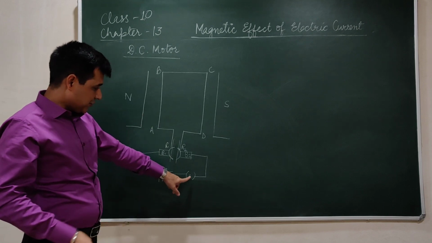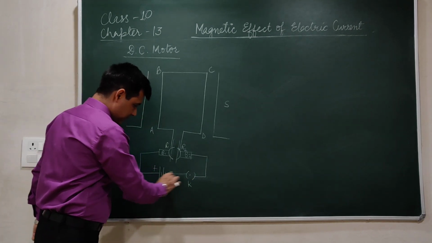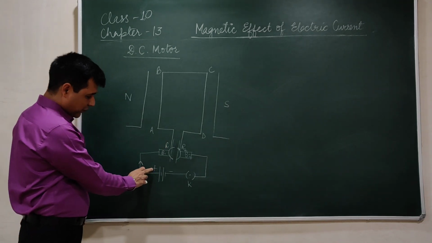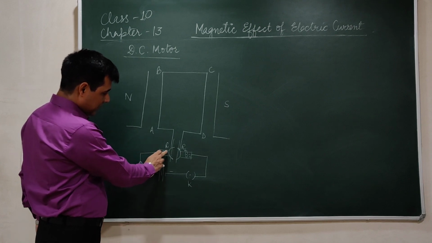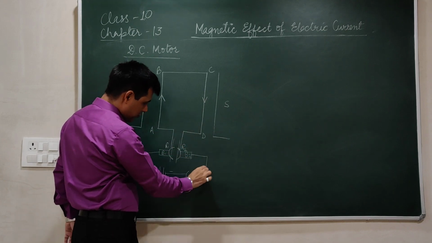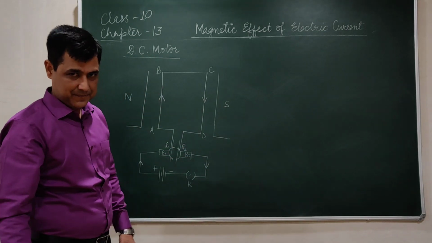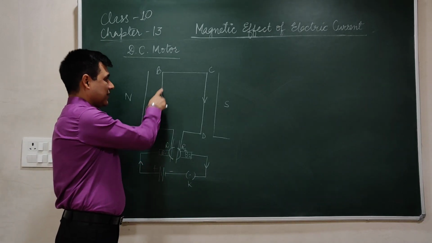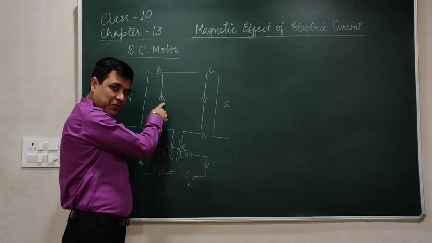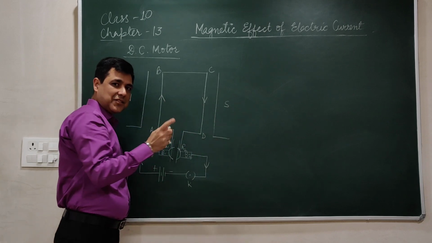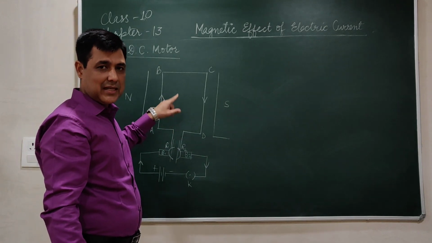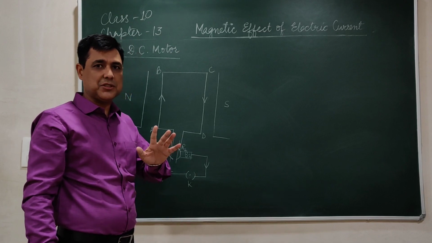What happens as you switch on the key or the switch, the current starts flowing according to the figure. This is the direction of current. So current starts flowing from the positive end, B1, R1, A to B, and then C to D, then R2, B2, and then it makes the whole circuit. Now, A1, this is a straight current carrying conductor, AB part. So a magnetic field will be generated around it, a permanent magnetic field, the same application that I told you in the previous section. So there are two magnetic fields, a force will be acting upon it, and that direction of force can be identified by using Fleming method.